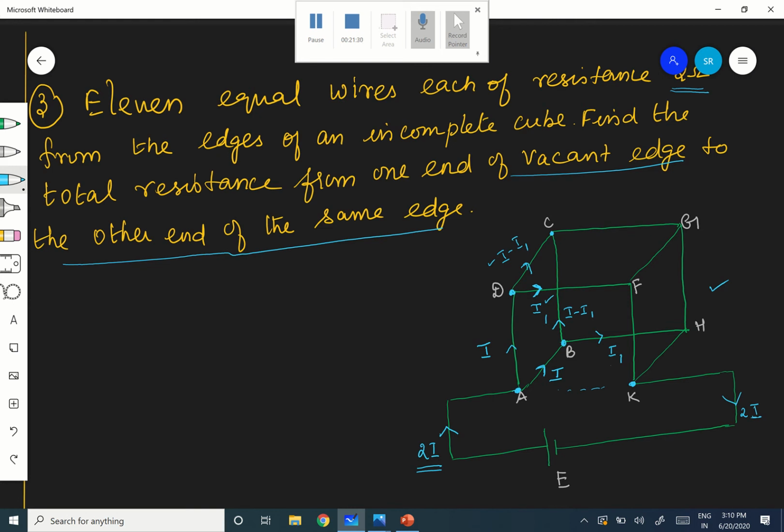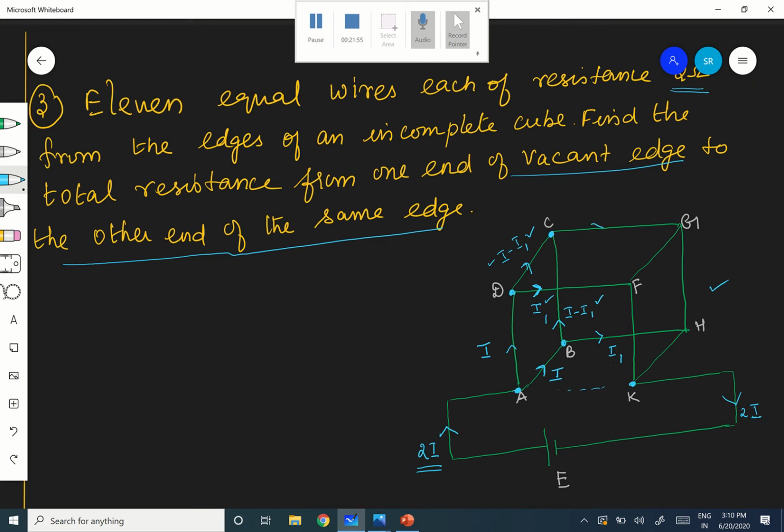Okay, right. Now you come to see. What are all the currents? There are two currents entering C. Along DC, I minus I1 is entering C. Like that, in the direction BC, one more I minus I1, also going towards C only. Therefore 2 into I minus I1 is entering C.